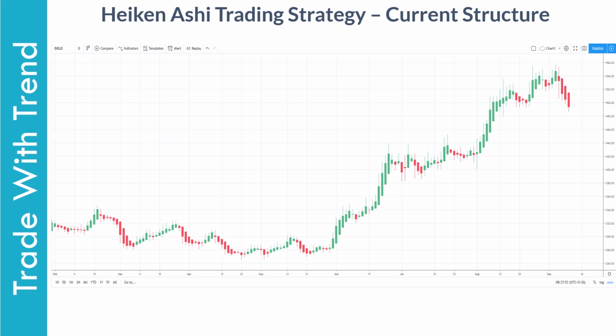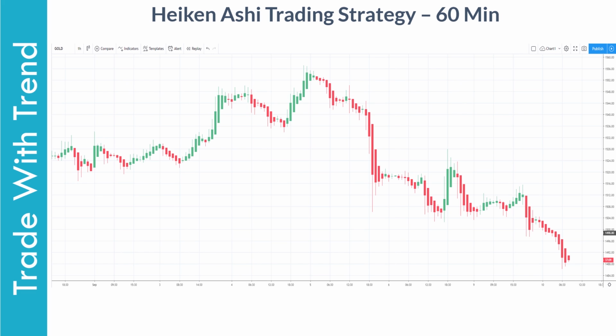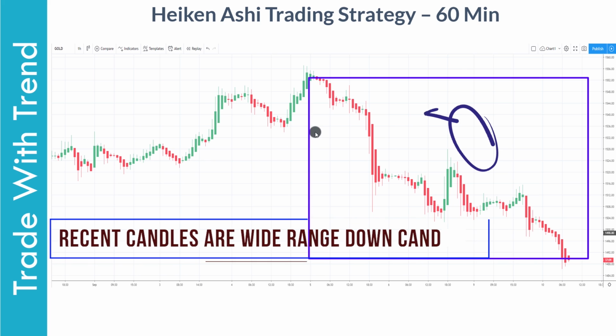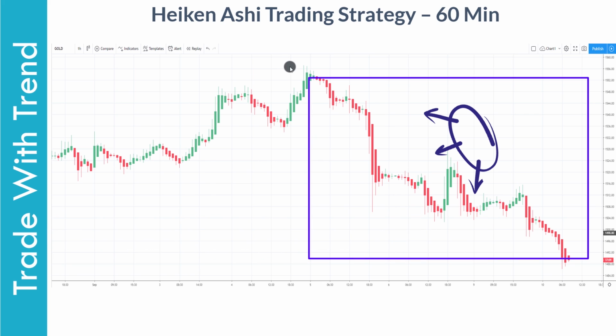So let us now look at 60-minute time frame chart. If you look at the 60-minute time frame chart, you will understand why taking long trade is not feasible at this stage. As wide range initiation candles are developing on a daily time frame chart, 60-minute time frame is actually reflecting the same. Most of the Icon SE candlesticks that you see are wide in range and price is moving lower on back of momentum.